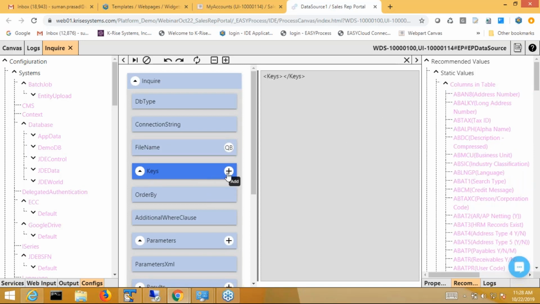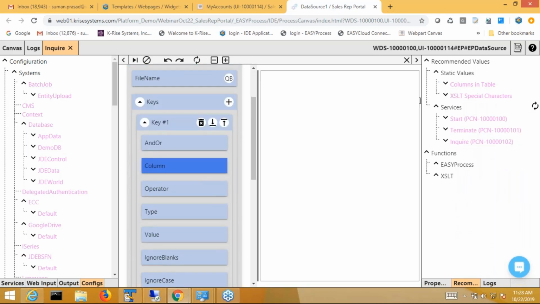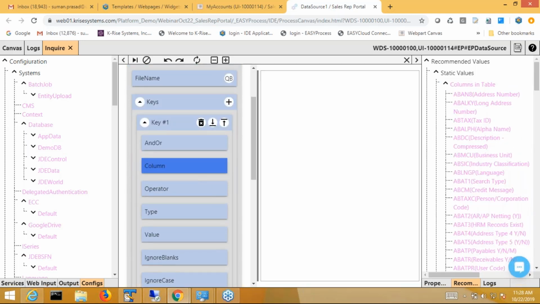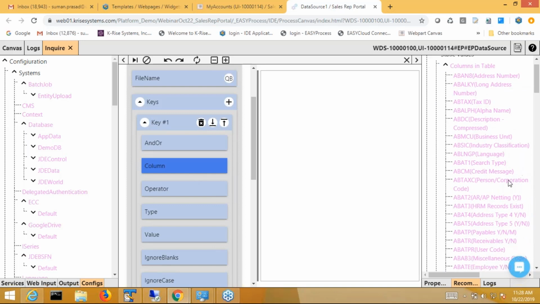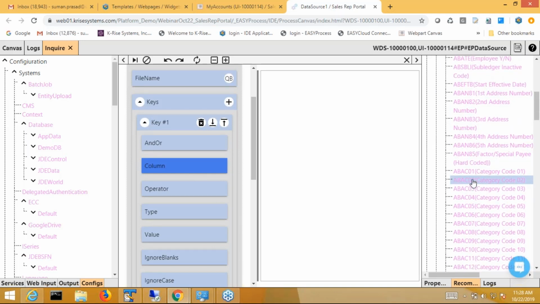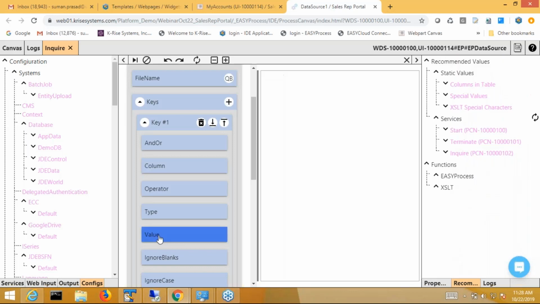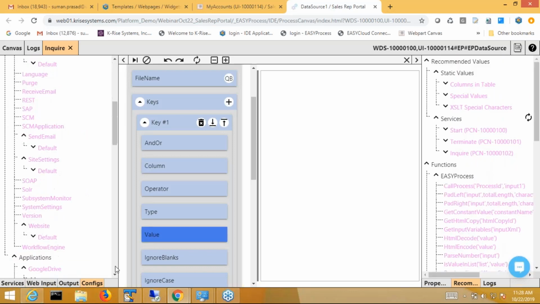I'm going to add a new key here. And the logic that I'm going to use, how a sales rep gets his account, is using a category code. You all know that in JDE an address book can have multiple category codes. And so many times you'll use one of those category codes to assign a sales region. So that's what we are using. This ABAC02 is a sales region. So I'm going to tie this with